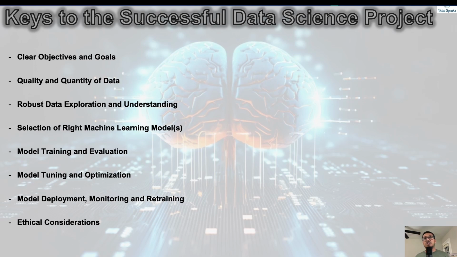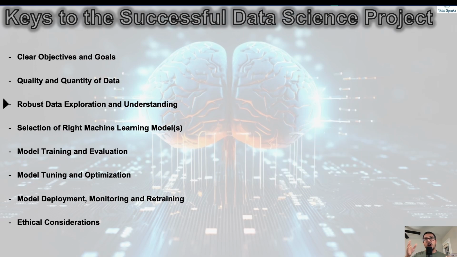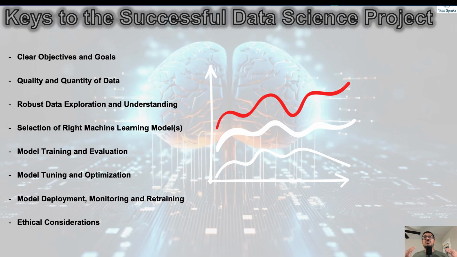The next thing is, you have to make sure that you do enough and robust data exploration and understand the ins and outs of the data and of your business. Before you can think of machine learning models, you need to ensure that you have enough understanding about the data. If you do not know the data, then you cannot build a solution out of the data, right? So you have to understand the data at each individual column level and row level. You cannot go through each individual row and column. However, it is necessary that you build enough